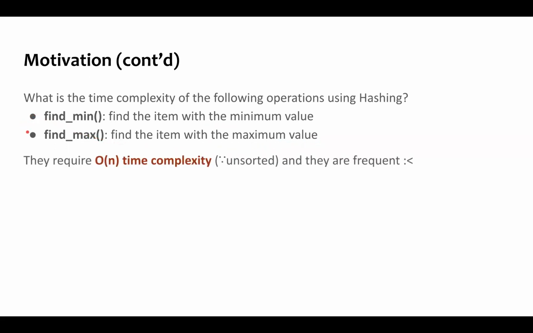These two operations require O(n) time complexity because the items we have stored are not sorted. We saw this in the sorting class. And the thing is, we use find min and find max quite frequently. Thus, although we made insert, delete, and find operations O(1), find min and find max are going to take O(n)